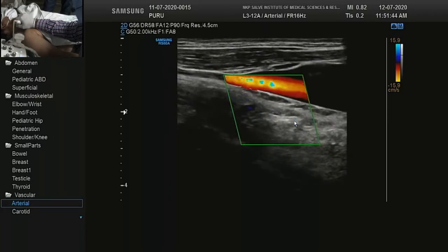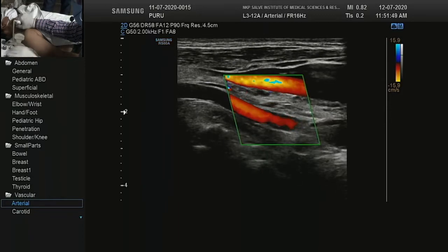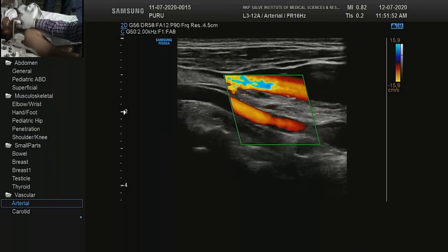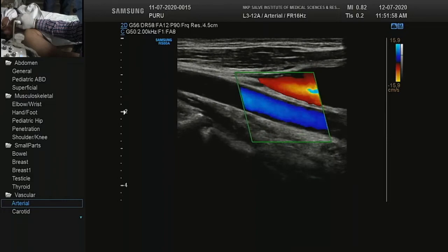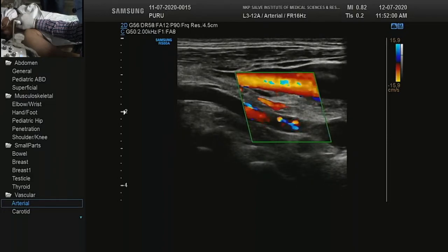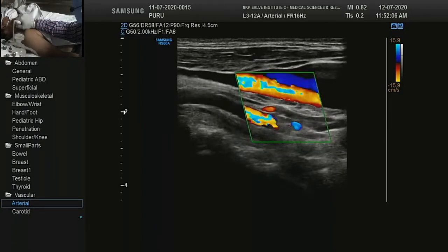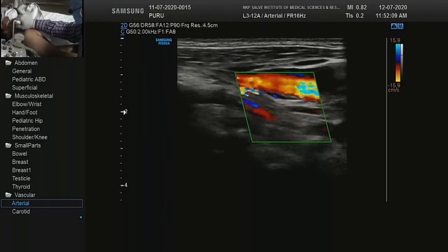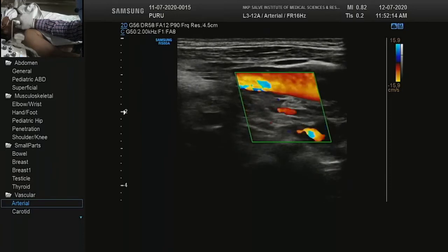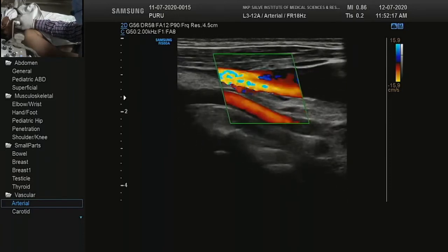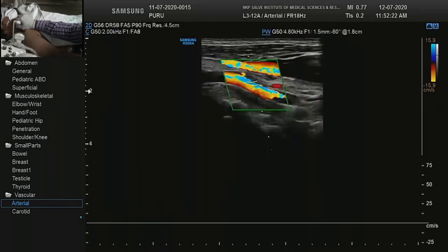Now I am taking the probe laterally, and what do you see? The vertebral artery is showing the reversal of flow. Again, this is blue, vertebral is red, and the jugular and the vertebral are showing the same direction of flow. So this is a reversal in the vertebral artery. This is a steal. So why this steal phenomenon is there, we will check out. So that is the importance of seeing the vertebral artery in a carotid Doppler. We can quantify this.